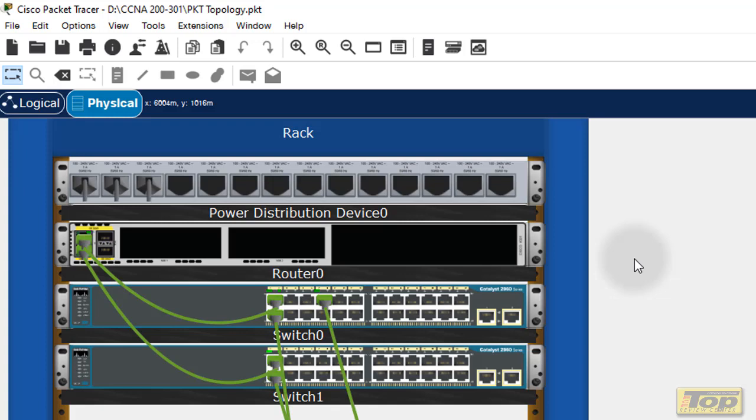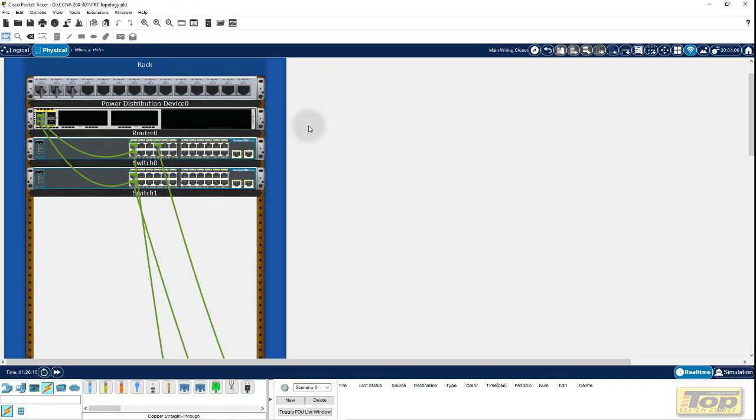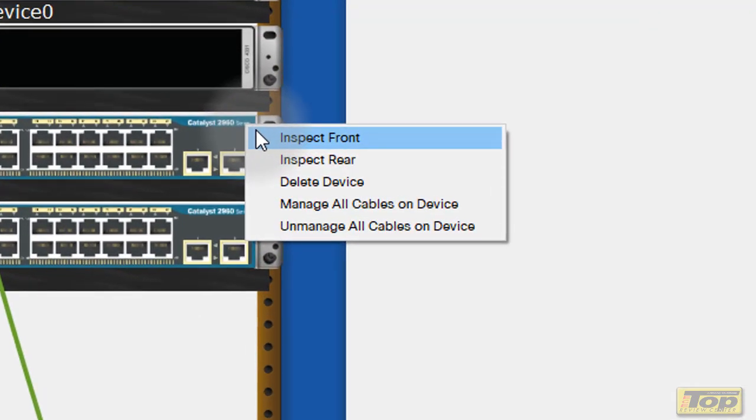So that's a good job by Cisco Packet Tracer na gawin ito para at least kahit nasa bahay ka lang, nakikita mo kung paano siya ginagawa, no? Sir, paano kung makikita yung nasa likod ng mga devices natin? Simple lang yan. You go into this, and then you right-click, and then you have here inspect front at saka